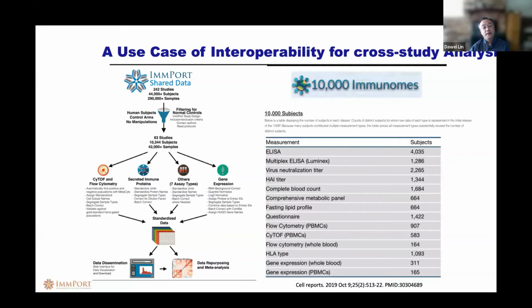There are more than 10,000 such subjects. They constructed a reference of the healthy individual immune profile, and opened a lot of doors for immunological research. So that's one example. And next